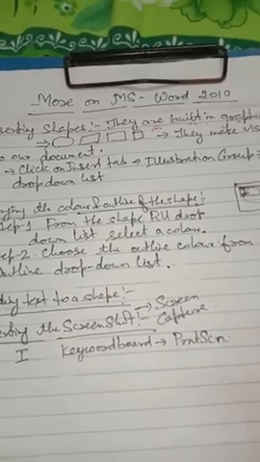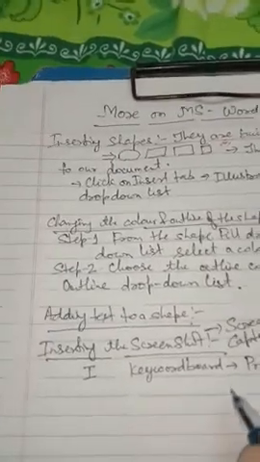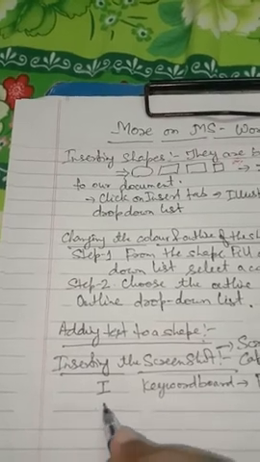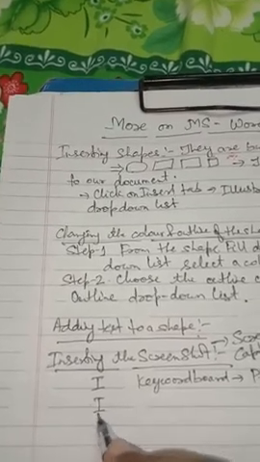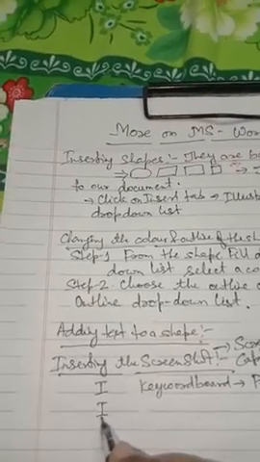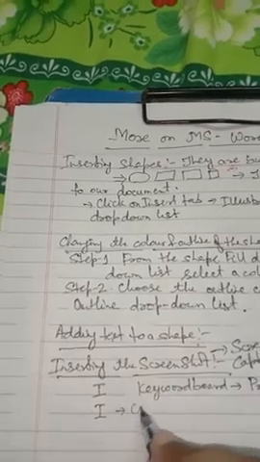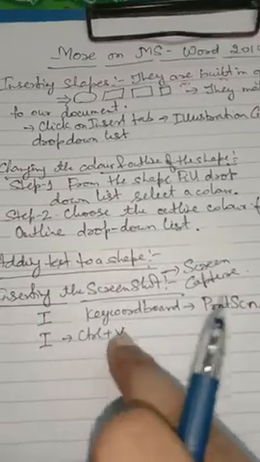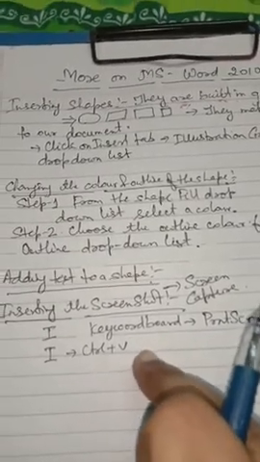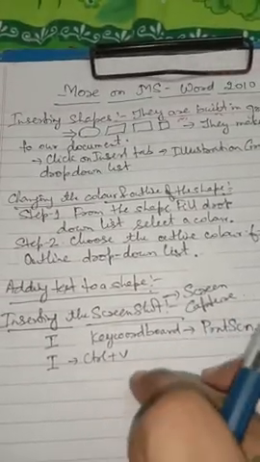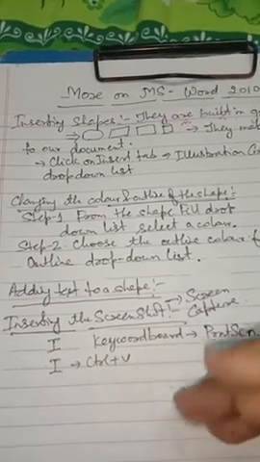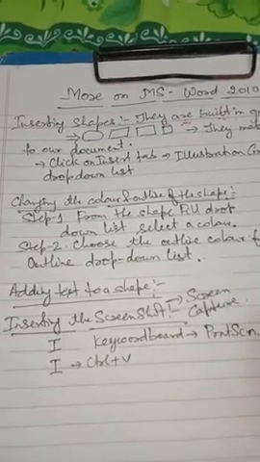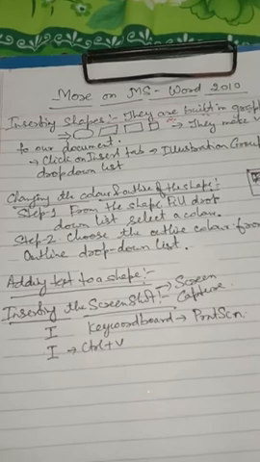Now bring the cursor where you want that screenshot. Suppose I want the screenshot over here. So left click over here, and now you can use the Ctrl+V paste option. Either you can use the keyboard for this, or you can go to the home menu, and from the edit menu, from there you can do the paste option.